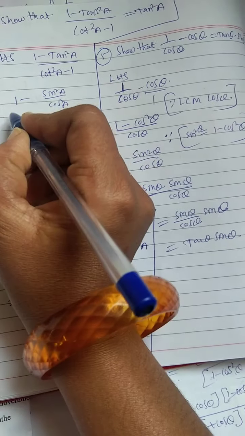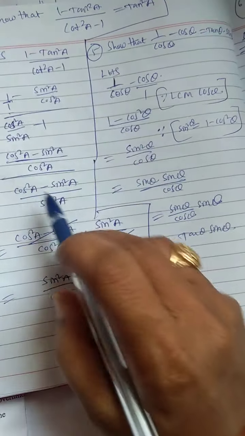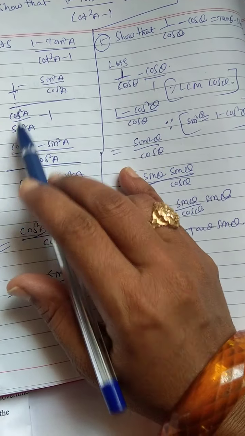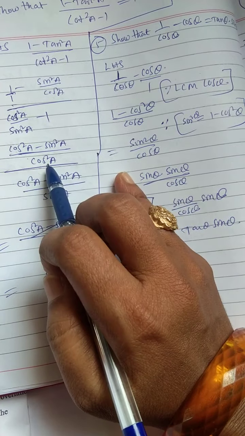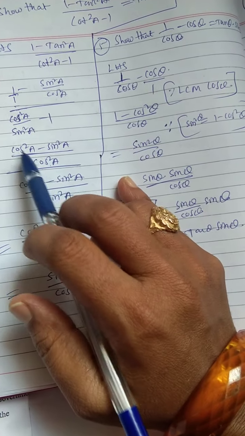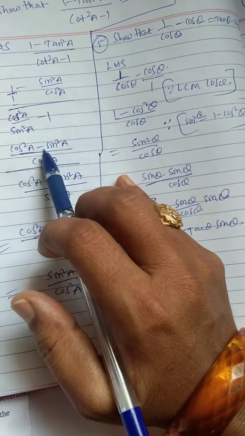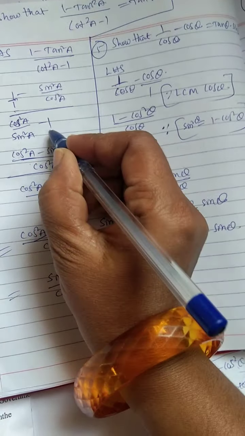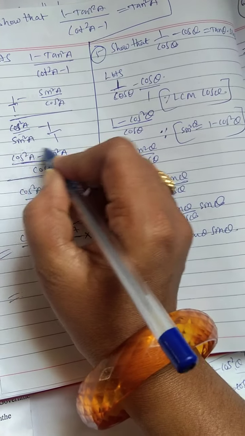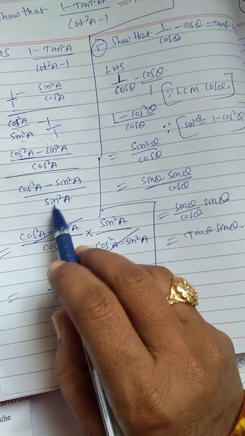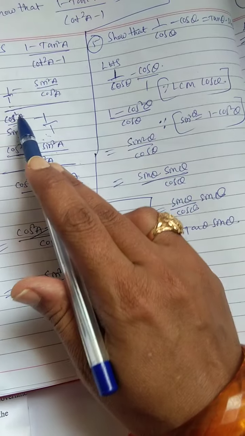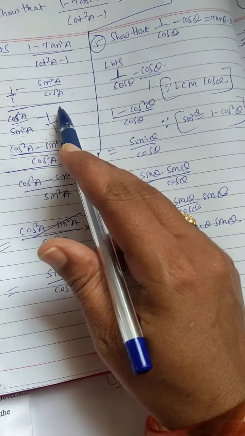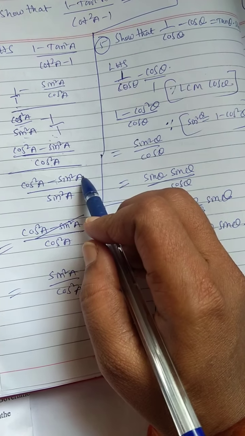Okay, here you have to take LCM. Cos square a is the LCM. Okay, here in the numerator, 1 means cos square a by cos square a, so we get cos square a minus sin square a as it is, whole divided by, here also for these two terms you have to take LCM sin square a. Okay, sin square a I took, whatever cos square a is there, like that only you have to write, minus here 1 is there. Okay, sin square a you will get.